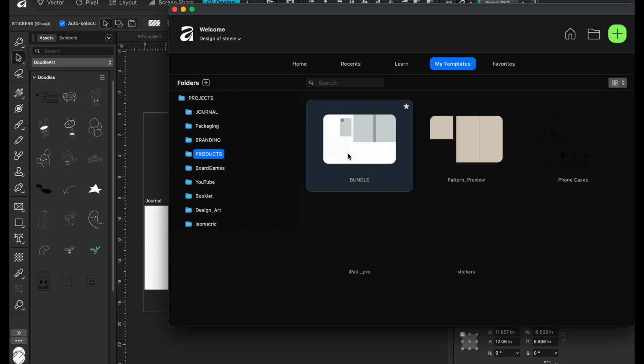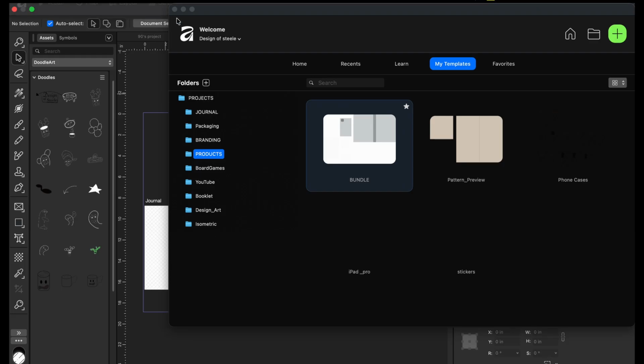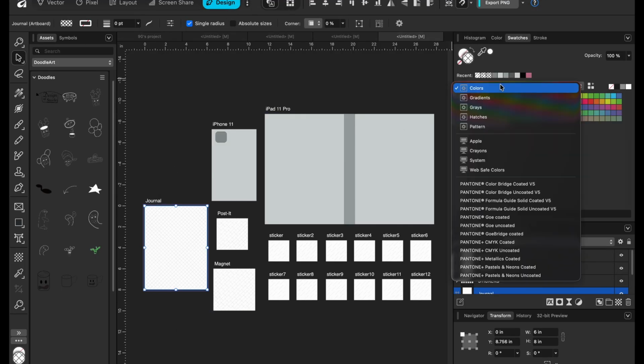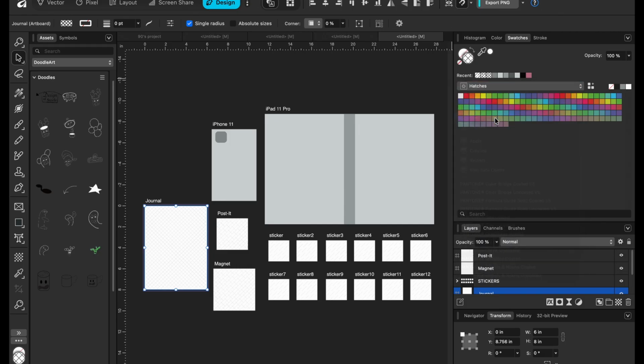Yeah, I mean, you can kind of see it. It's faint, but it's there. You could probably use a better one. Let's see, go hatches. None of these are giving, but anyways,